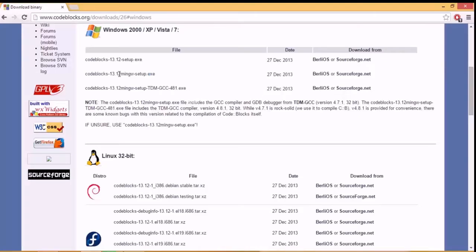Code blocks 13, and at the time of making this video, code blocks 13 is the newest version. And just search for this word mingw. Mingw is a compiler which will help you to compile your program, as I have said. So it's including your compiler and editor both, and we want this version, right? So just click this one link, either this or this. I will just click sourceforge.net link,